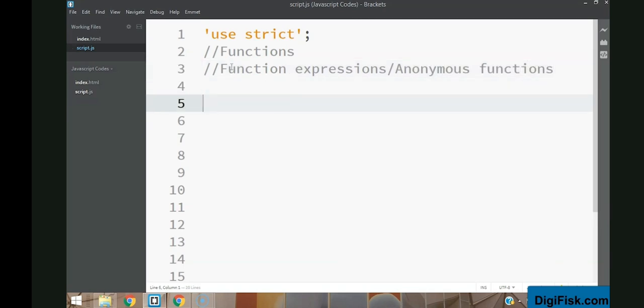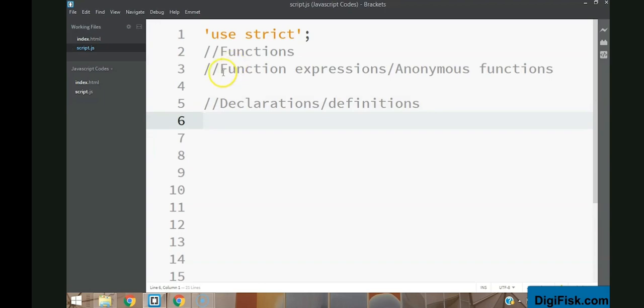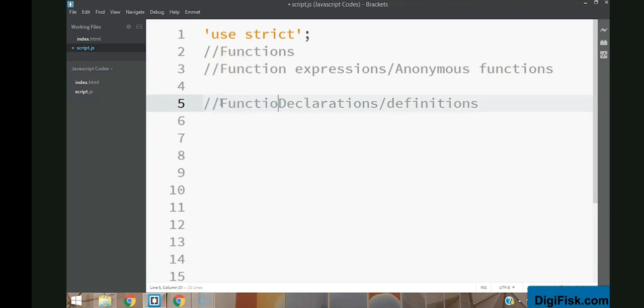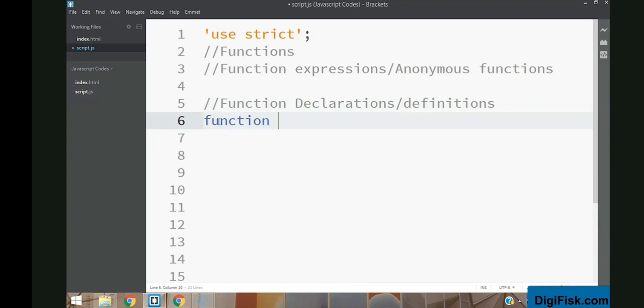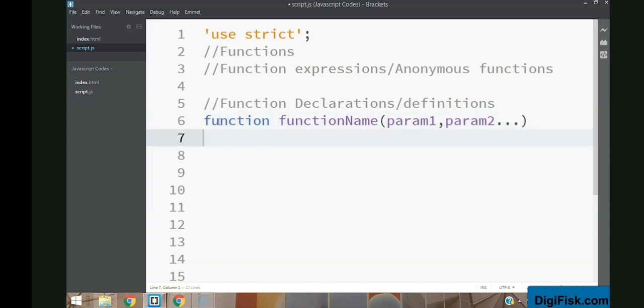As you already know, we already know function declarations or definitions, how those are written. You have to give the keyword function here, and then you have to give a name for the function, and then you can give multiple parameters like this. It can keep going on. You can give multiple parameters, and then open your flower brackets like this, and then you can give multiple statements